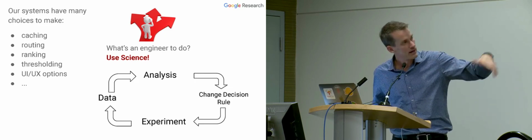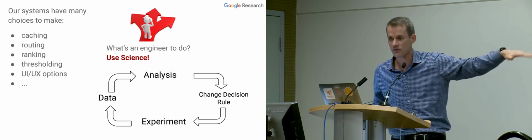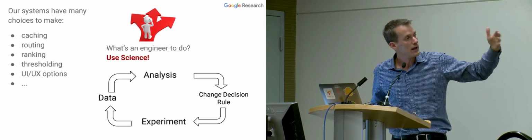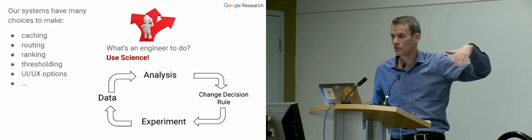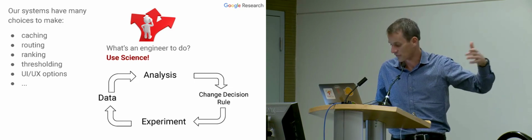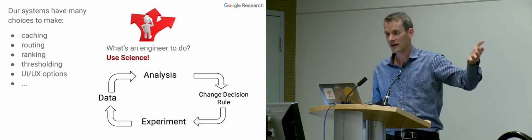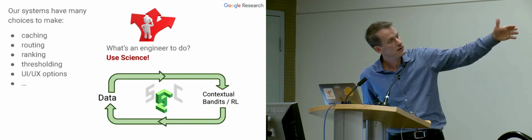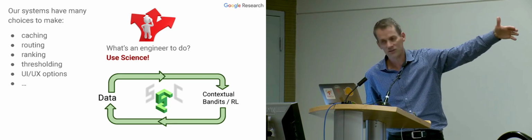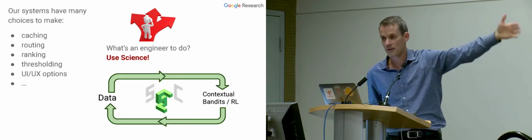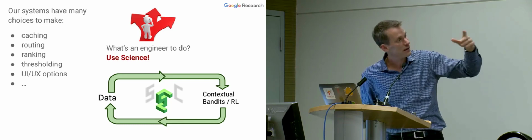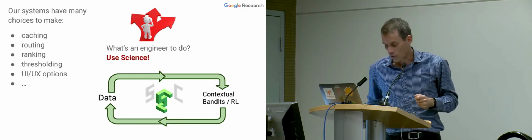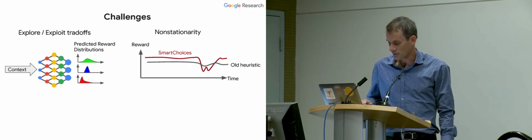So normally what happens in computer systems is you gather some data or have some intuitions about a choice that you're going to make, and then you update the decision rule, or you implement some heuristic that you think represents the right kinds of trade-offs for making that decision. But what we'd like to do is to be able to use data and then either fairly simple contextual bandits models or maybe RL-based models that can then, in a direct feedback loop, try to make better decisions for all these kinds of learned policies.